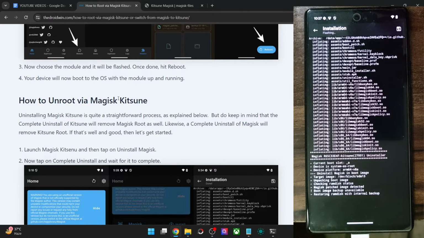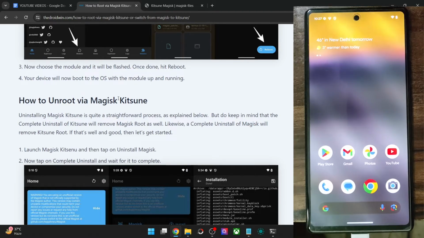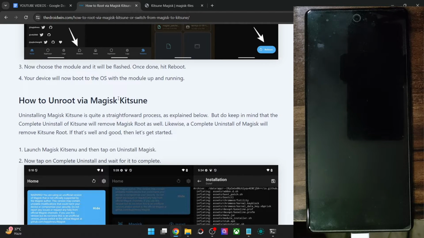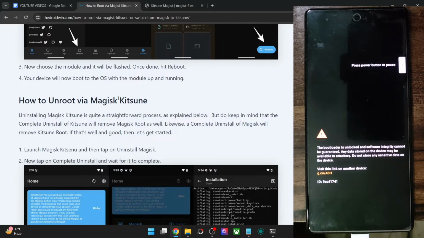In case of the official Magisk app, it will only remove the root, but the official Magisk app will stay on your phone. But in case of Magisk Kitsune, once you remove the root from your phone, it will also automatically remove the app as well, and then your phone will undergo a restart, and upon a restart the root has been removed. So with that, we come to the end of the first half of the video,